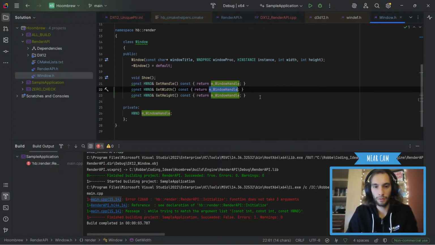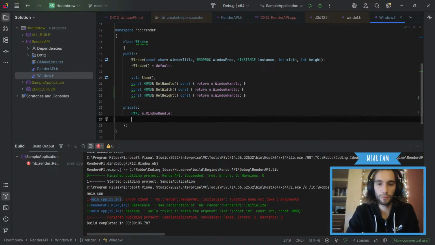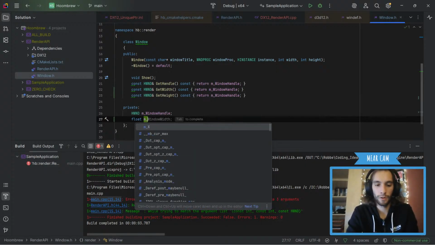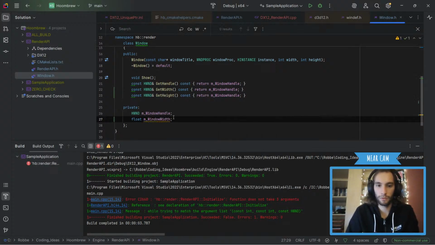Okay, so wait, we don't keep track of them yet. Okay, so we're gonna do int. No, let's do float, window width and, oops,